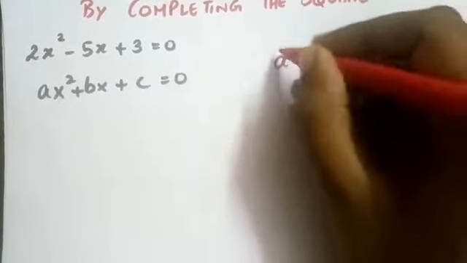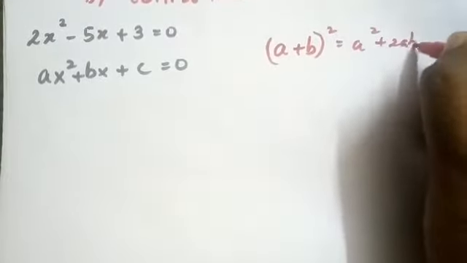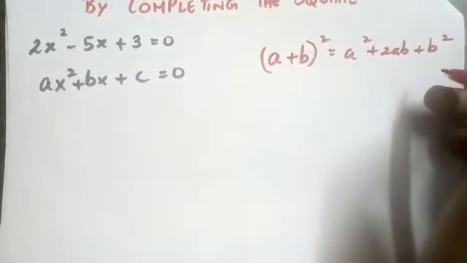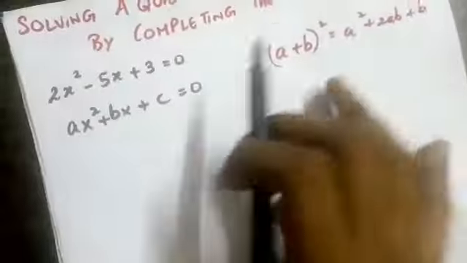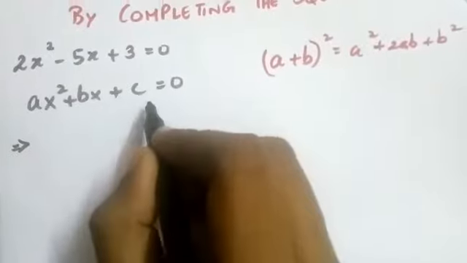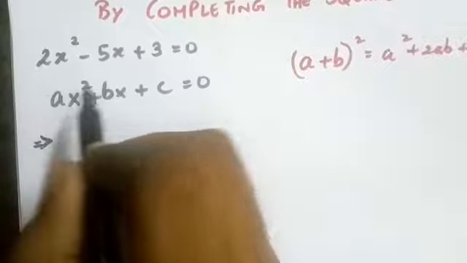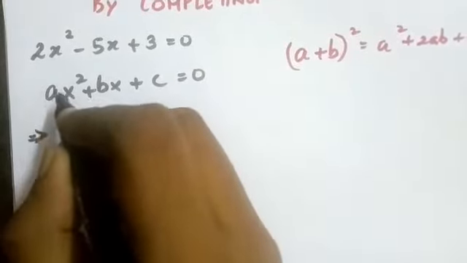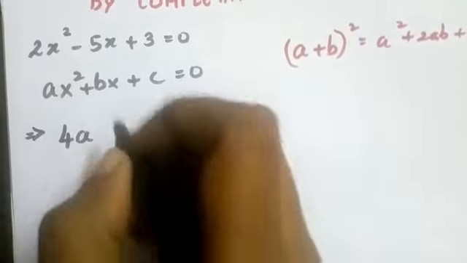of the simple (a plus b) the whole square, which is equal to a square plus 2ab plus b square. You have to somehow bring this standard equation over here. Keeping that in mind, let's convert this equation to this formula. For that, I'm going to multiply 4a over the whole equation so that I get a square as well over here. So multiplying 4a all over the equation,